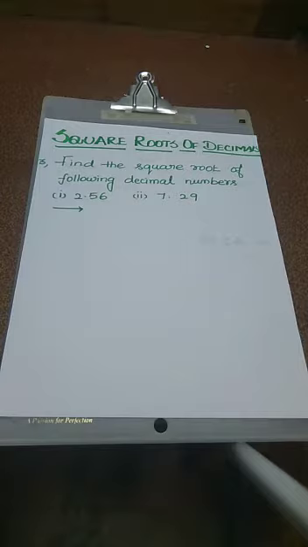Bring down the number under the next bar to the right of the remainder. Double the divisor and enter with a blank on its right. Guess the largest possible digit to fill the blank, which will also become the new digit in the quotient, such that when the new divisor is multiplied to the new quotient, the product is less than or equal to the dividend. Continue this process till the remainder is 0 and no digits are left in the given number. The quotient thus obtained is the required square root.